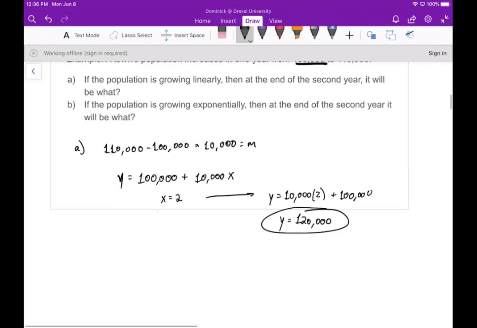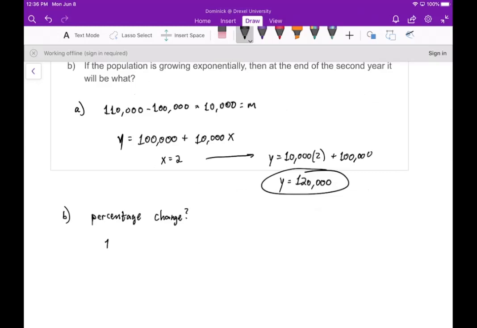Okay, and then for part B, we want to know if the population is growing exponentially, then at the end of the second year, what will it be? Well, now we need to find the percentage change. So we need to do new minus old over old. So we're going to have 110,000 minus 100,000 over 100,000, right? New minus old over old. So that's going to give us 10,000 over 100,000,